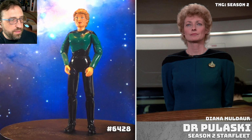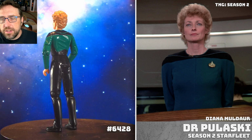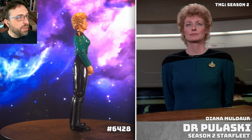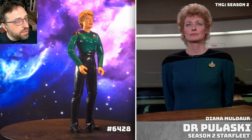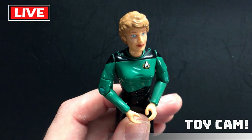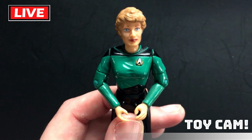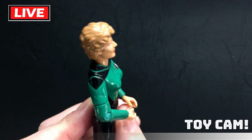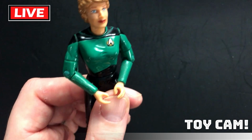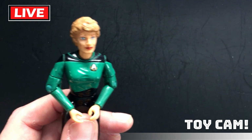You'll also note that on the figure itself, she has no pips. You can see she's a commander rank from the screenshot there, but there are no pips at all. If you go to Toy Cam, I can show you. She has no rank whatsoever. Here we are. So, I don't know. I feel like Playmates sort of felt about this figure what everyone else was feeling about the character, and they're like, okay. And so it doesn't seem like they put a lot of effort into this figure,